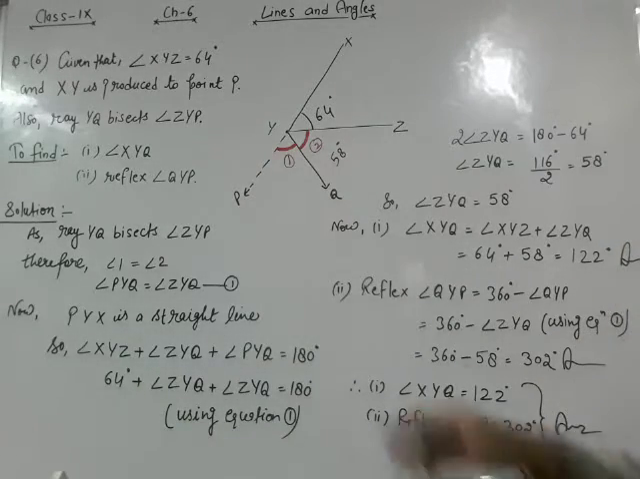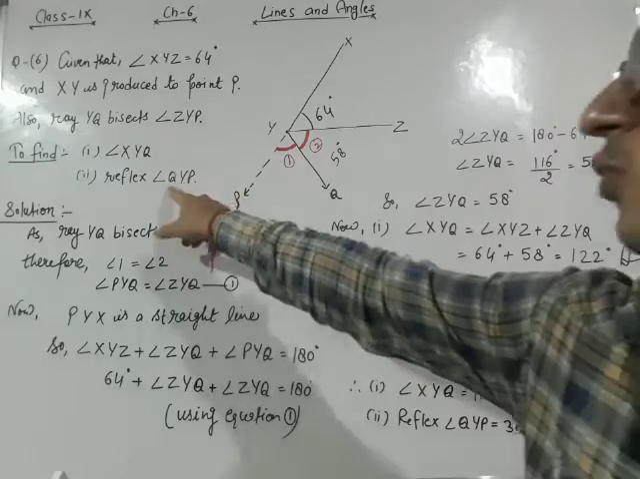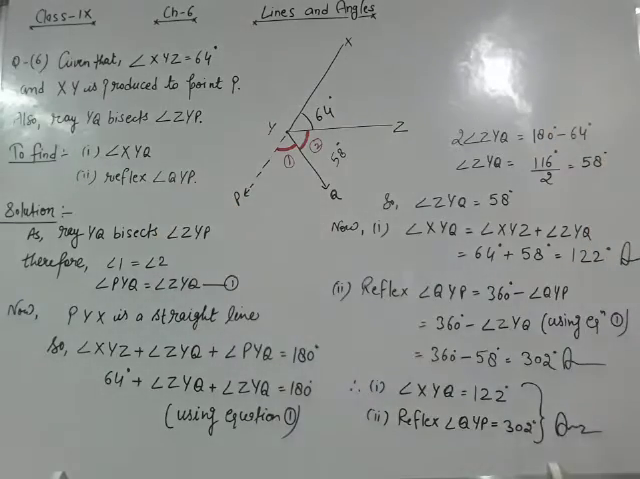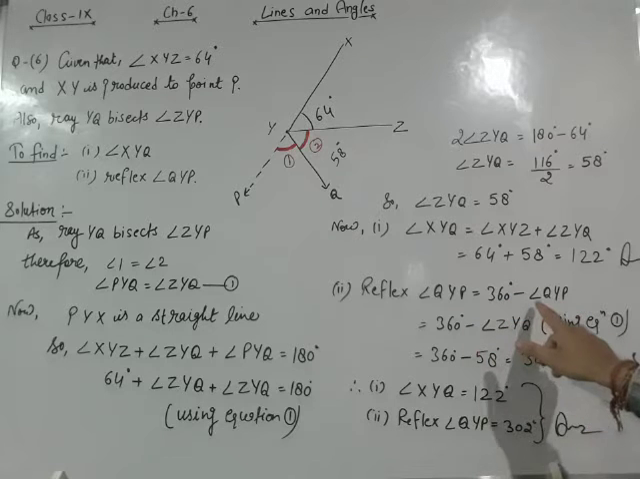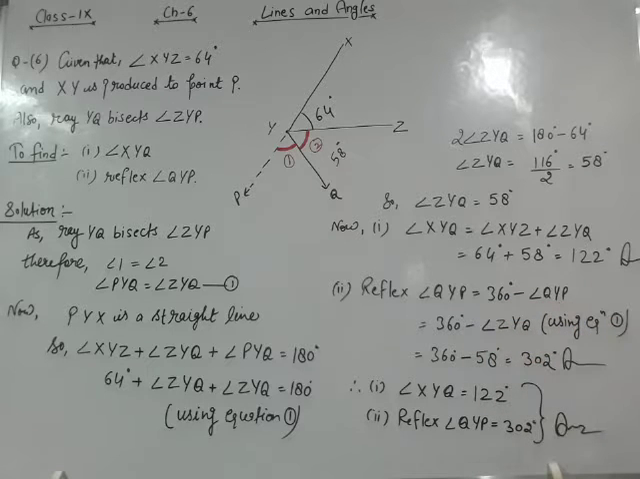Move on to its second part. Reflex angle QYP will be equal to 360 minus angle QYP. But we don't know the value of angle QYP. So what will we do? Angle QYP